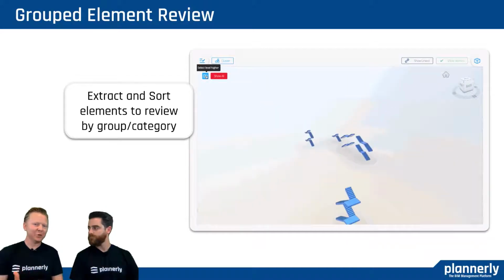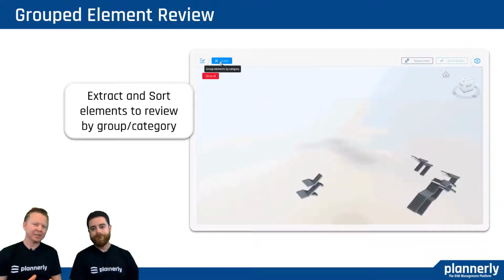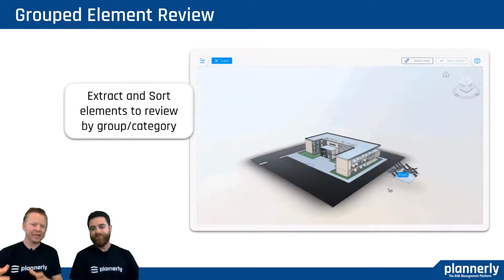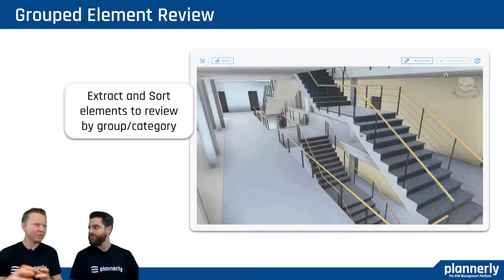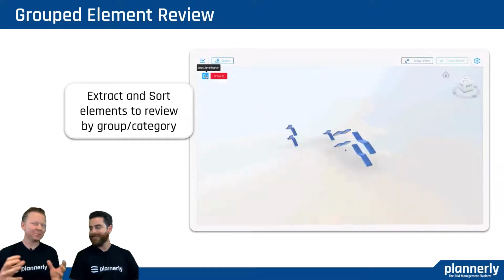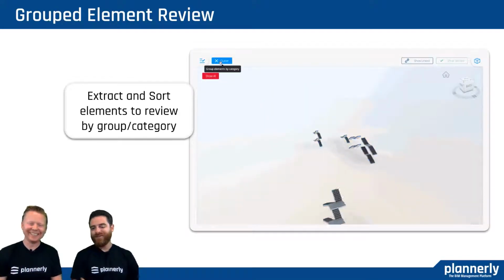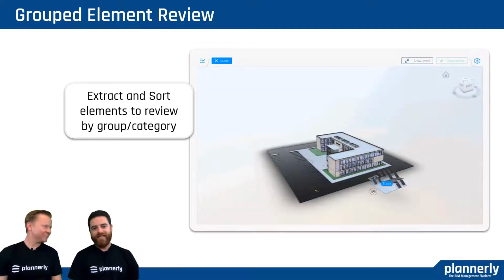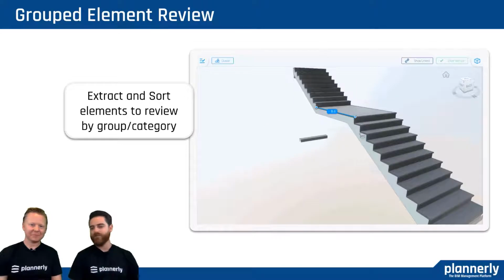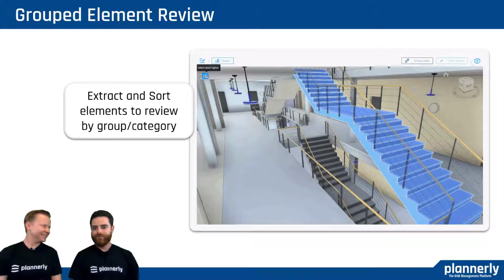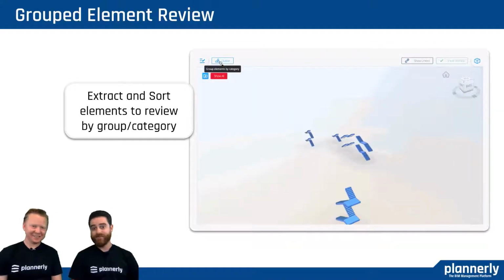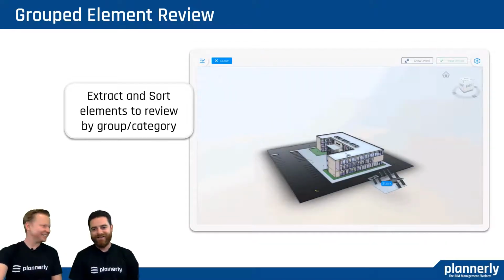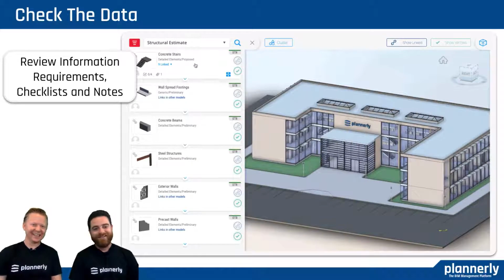So this is a really quite cool one, being able to group similar elements together, take them outside of the building and be able to interrogate them in a group rather than in disparate places in the building. One of the best examples is I personally had to go through and review that every light fixture met those requirements, and in a building that's hundreds of lights, thousands of lights, this feature would have been really nice for me. Saves so much time. Absolutely.